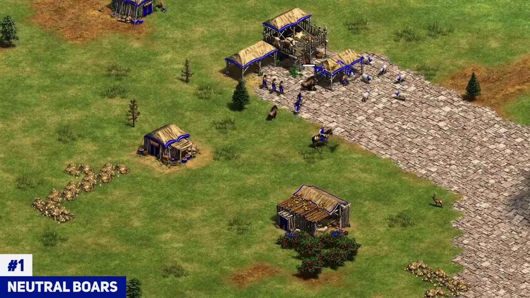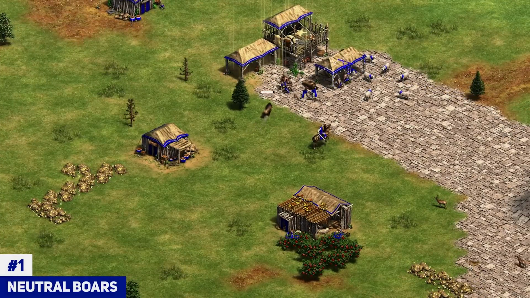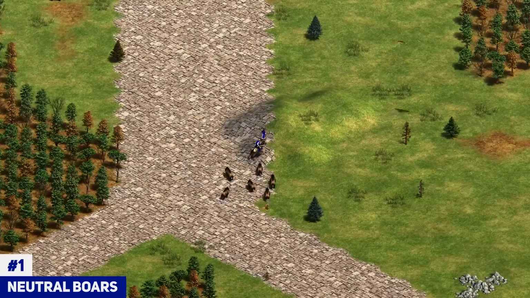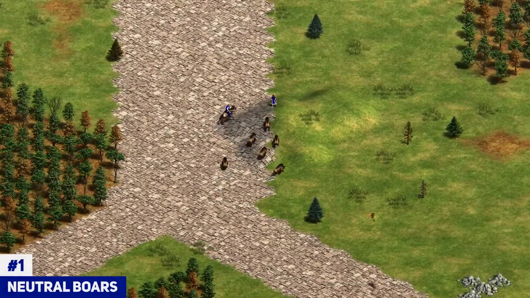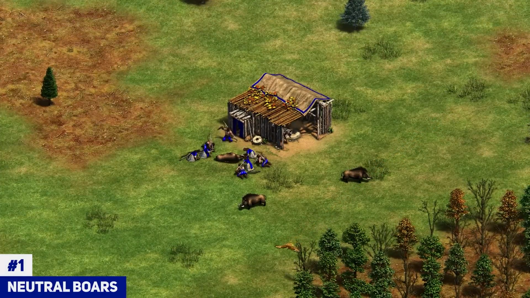It's no problem. And so these extra boars are going to be a great source of food in the early game, and you'll see a lot of players definitely go for it. If you're a beginner, don't worry about luring it to your town center like that, but if they're kind of close and you want to take them, just send 8 vills or so, make a mill, and feast on those